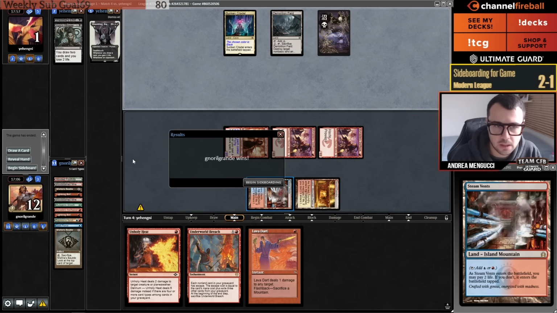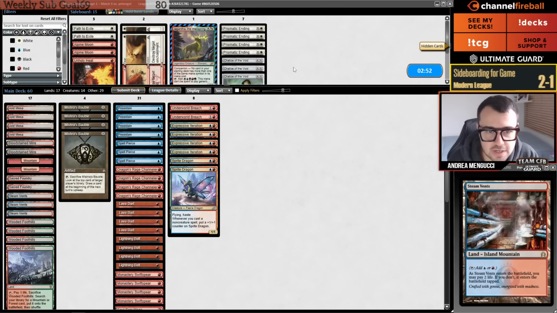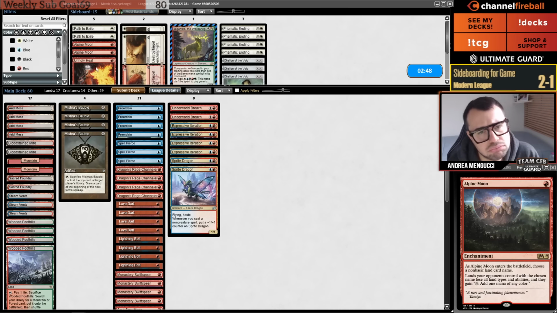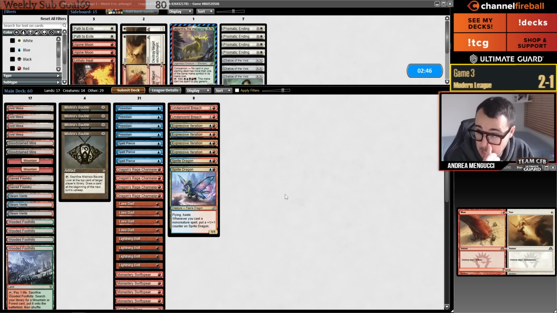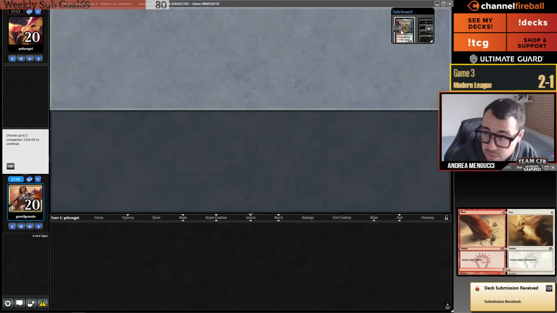Alright. Yeah, this game was fast. We have another game now. Yeah, my sideboard is all reactive cards. I really don't want to be reactive in this matchup. I do have Spell Pierce in my deck, which is pretty reactive, but...